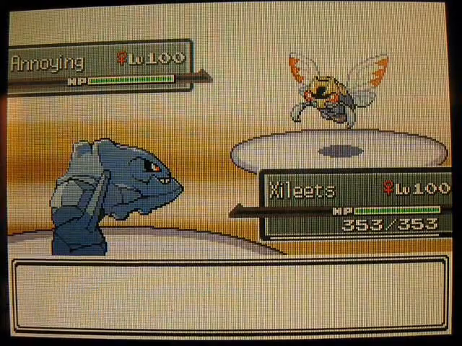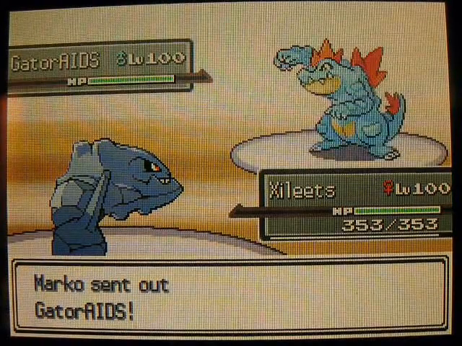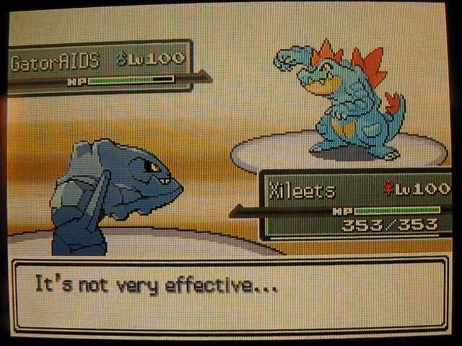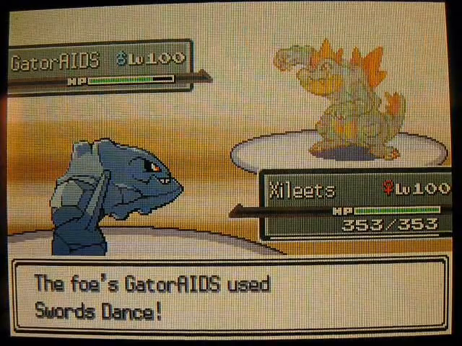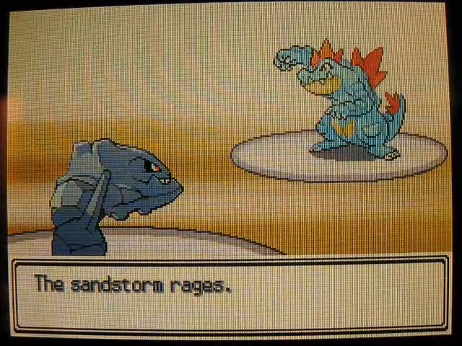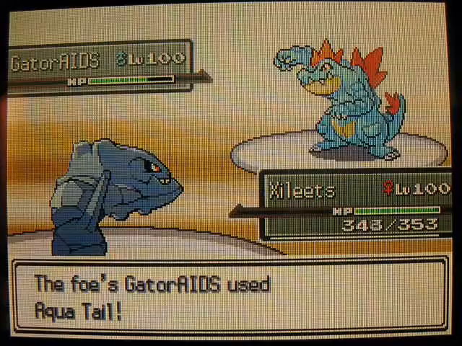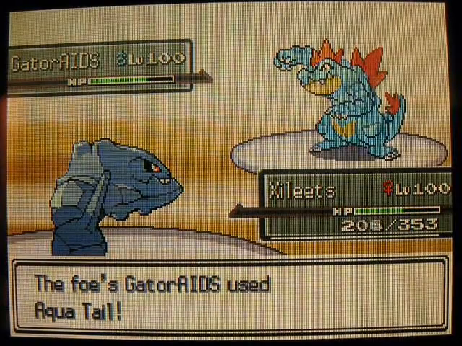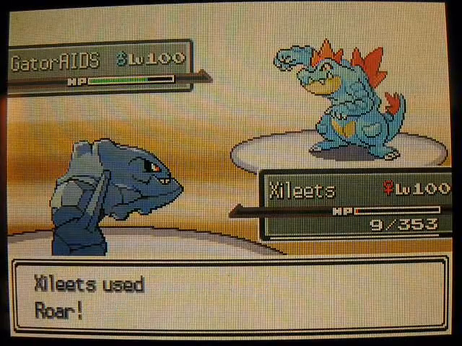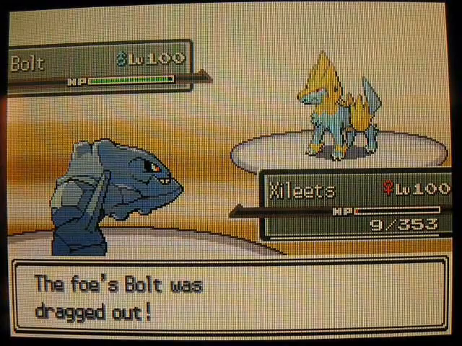He uses Protect, predicting I was going to attack, I'm sure. And I use Stealth Rock. And he uses a Baton Pass, and he switches into his Feraligatr, and I use Iron Head predicting he would stay in, but he doesn't. So then he sets up a Sword Dance, and I set up a Sandstorm, and then he uses Aqua Tail, and I was thinking Steelix would survive that with yellow or high red, but he actually almost dies, but I didn't put anything into his physical defense, so...